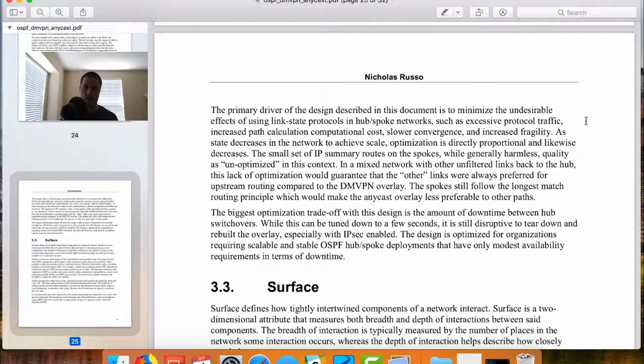than if you just had 2 OSPF hubs in the network in the first place, because then you could just tune your OSPF timers or maybe use BFD, depending on the technology, to get faster failover without needing to have BGP converge, then set up new tunnels, and then do IPsec again, and then form OSPF again, etc. So it is going to be a little bit slower converging than if you had 2 hubs,